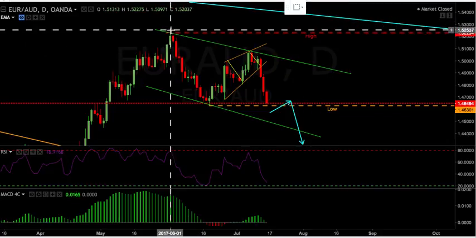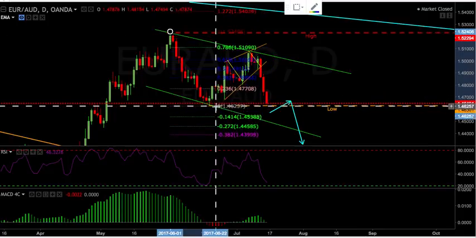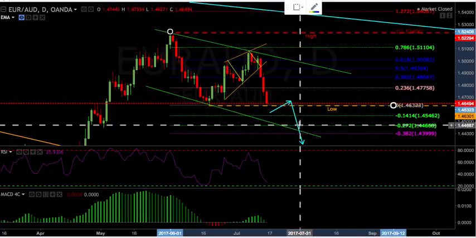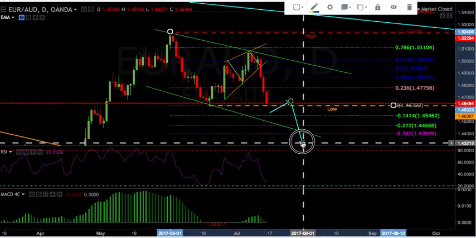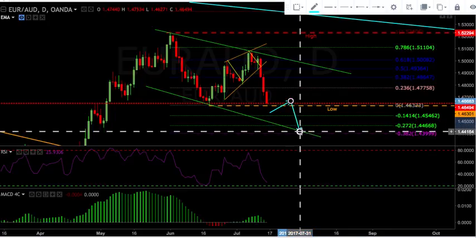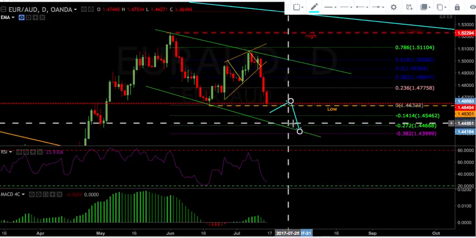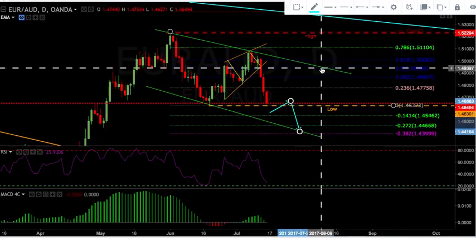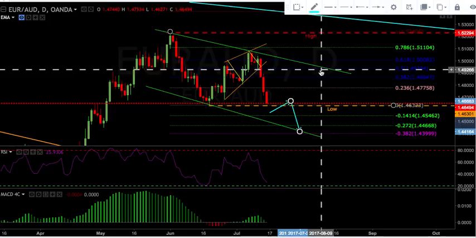But based off of our Fibonacci, from this high to this low, we would be looking at price to come into this area at least somewhere around the 27 to 38 extension before price would look to reverse, give us another bullish movement, and maybe